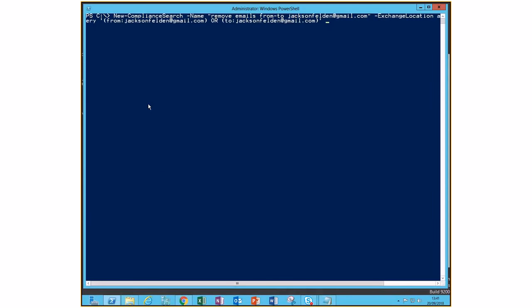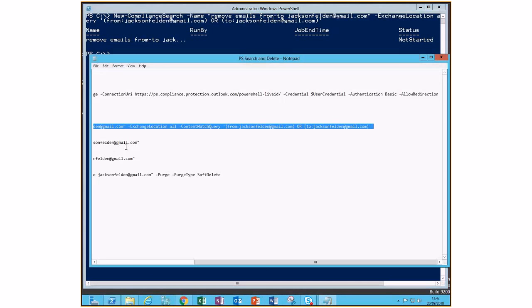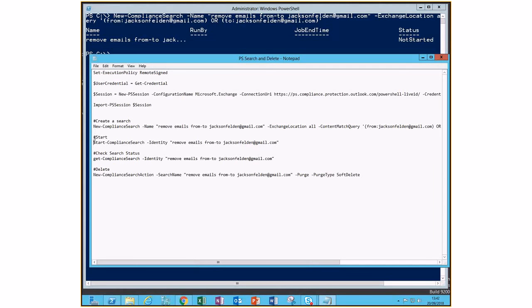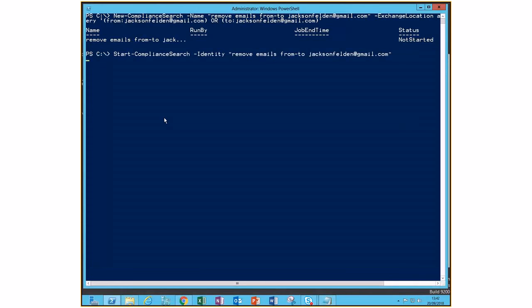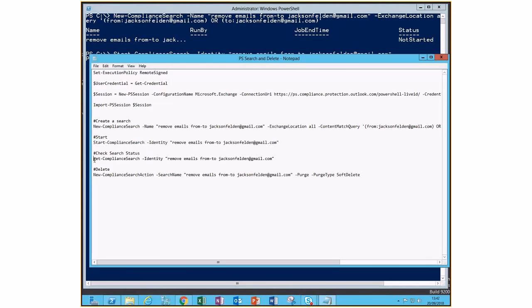Sorry, I'm not going to type, just to save a bit of time. Okay, the first command basically created the search. Now the second command is to start the search. There you go. Now the third command, of course, if you have a huge amount of data, and then